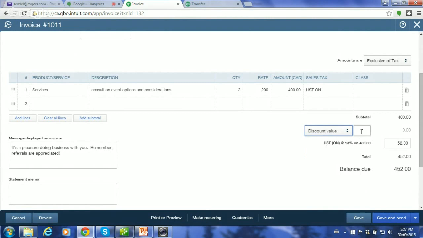And if I do a discount value, watch very carefully what happens to my $52 HST. So I'm going to say I want to deduct $5, and I don't need to put a minus sign. I'm going to deduct $5 for the handling fee or the financing fee belonging to whoever cleared the receivable for us. The moment I tab out, boom, my HST changes.